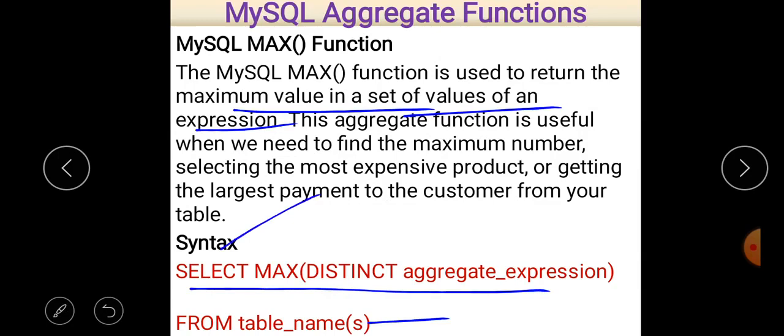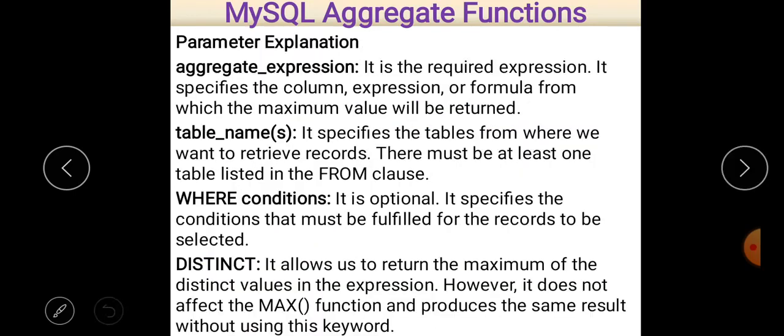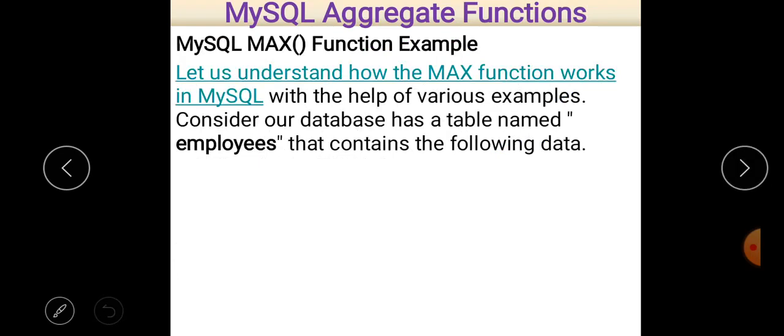Always use the select statement, then max, and then from, and after that the table name. These are the parameters. Where and strings are optional, but you must write the aggregate expression and table name in your query.